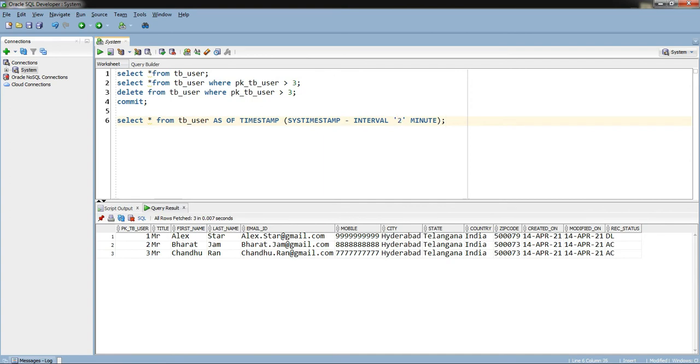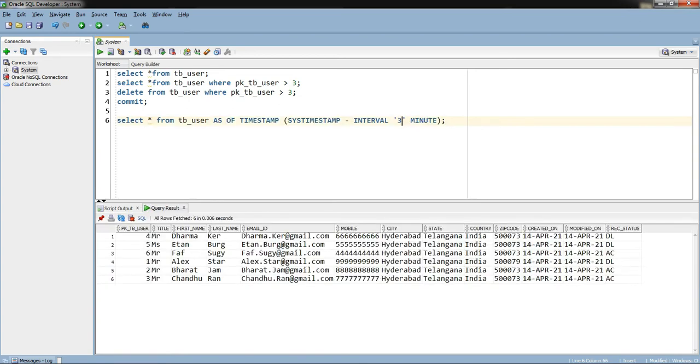So it fetches based on the timestamp condition actually. If you give 3, it will give after 1 minute; even for 3 it won't return the data. So by using this query, we can identify the data which was deleted earlier and recover it. Right now I'm running this query in minutes, right? We can even run it in hours also. If the data was deleted 1 hour ago, we can use 1 hour ago. If you deleted it 5 hours ago, you can give 5. And I think we have day also, yeah. We can even find 1 day ago, like that.